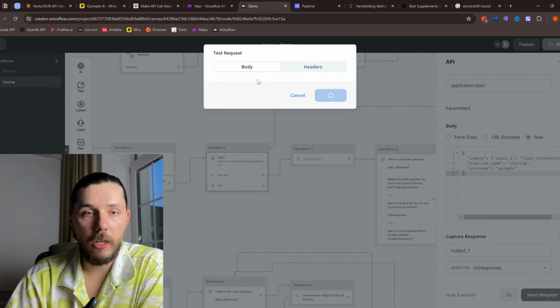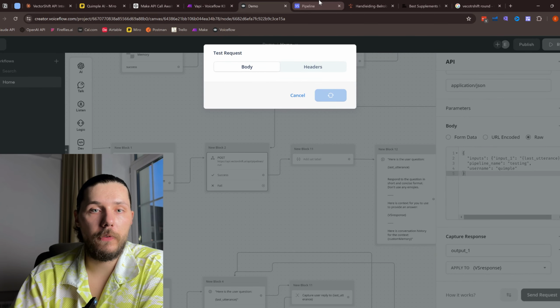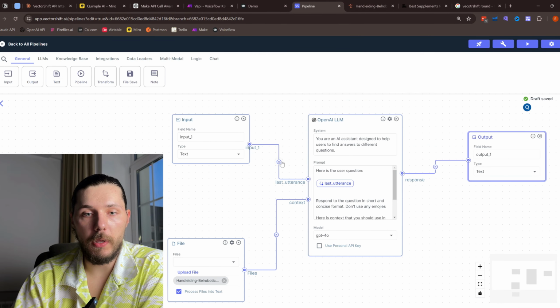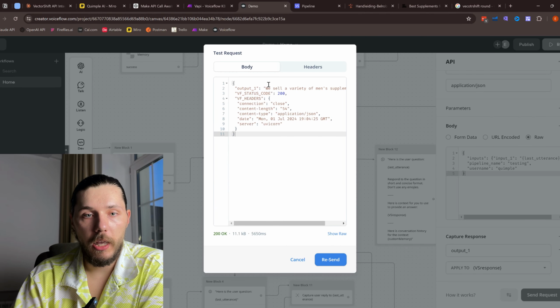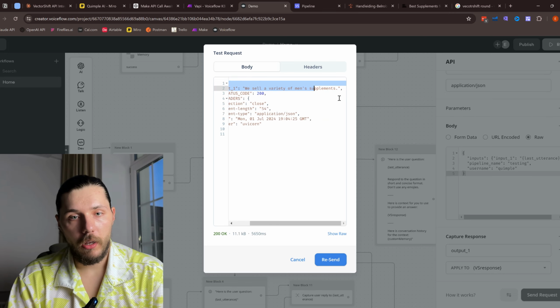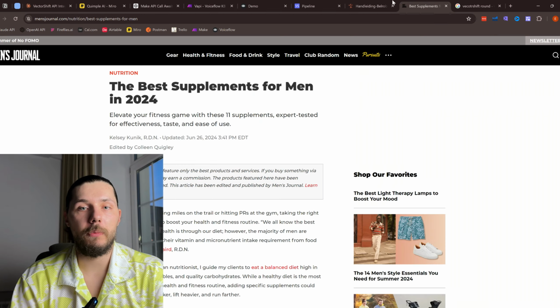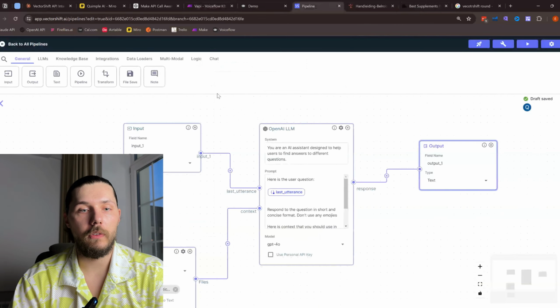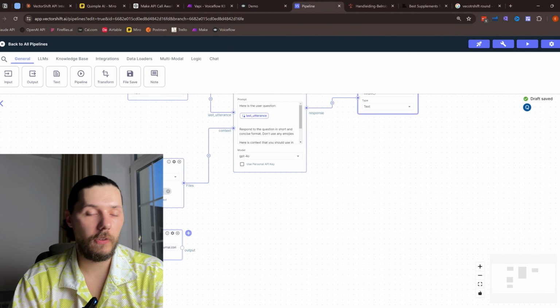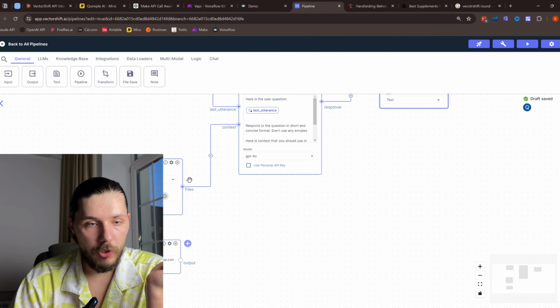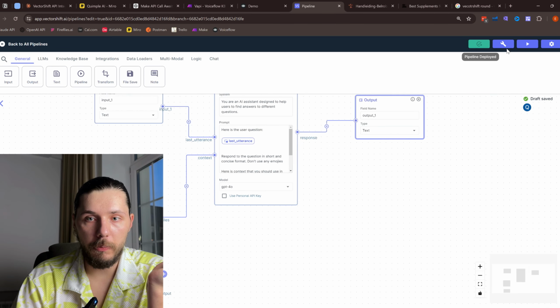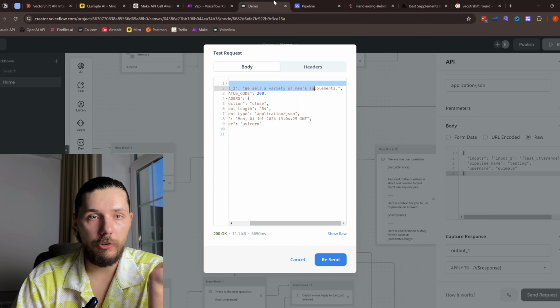So we should get a response from calling the API of this pipeline. We sell a variety of men's supplements. Again, men's supplements, because, yeah, this is the file. As you can see, this is another example that we're going to use. So I connected it here, but I did not deploy the changes. So if we deploy the changes now and we resend it,